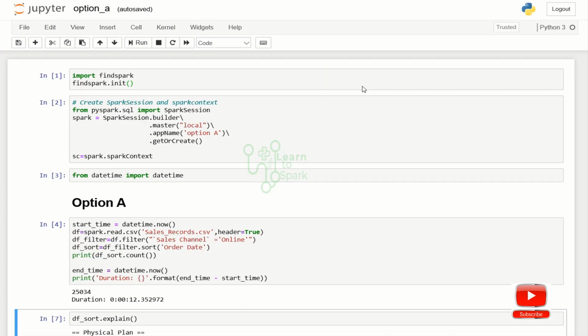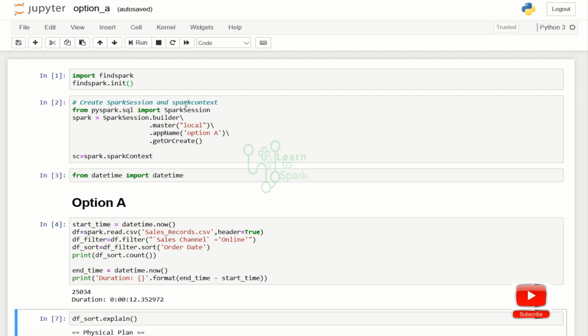This is the code that we have for today. We have initiated a Spark session, and to calculate the time duration I am using datetime.now for the start time and end time, and after execution I apply a minus operation to get the duration.